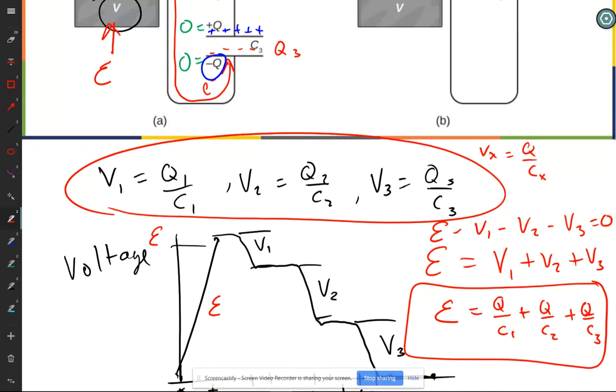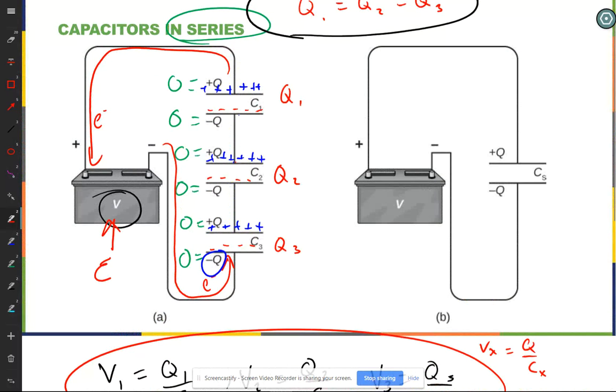Note that the capacitors can have different voltages if they have different capacitances. Now for the equivalent circuit, this one here, it's very simple. The voltage from the battery is the charge on my capacitor here divided by my equivalent capacitance C sub S,